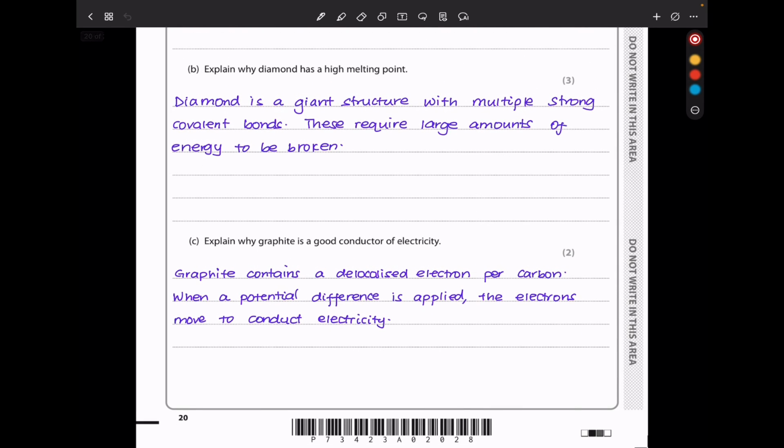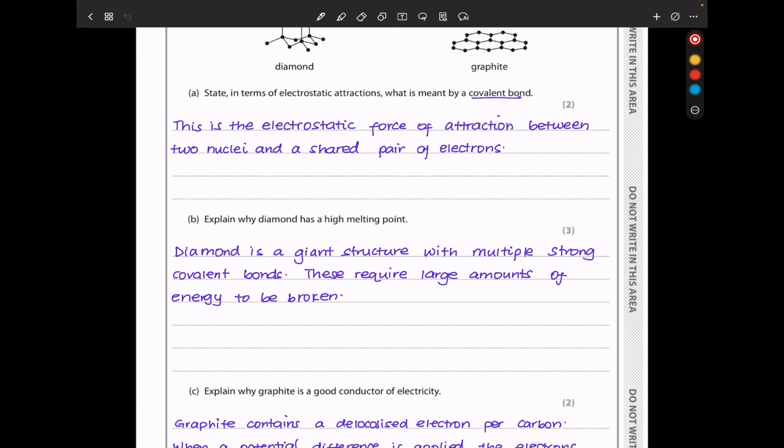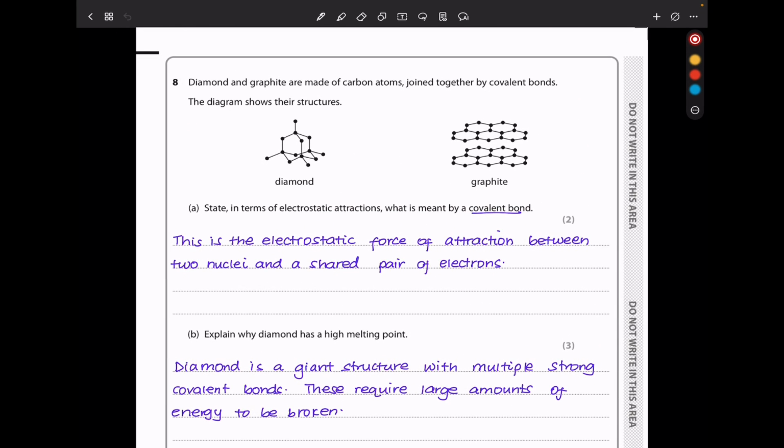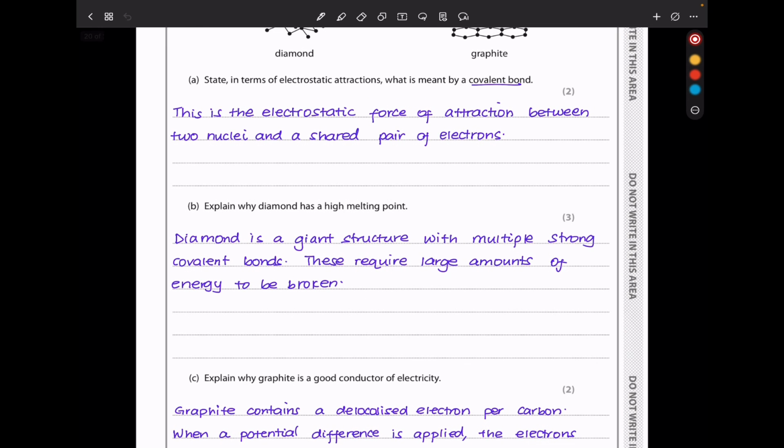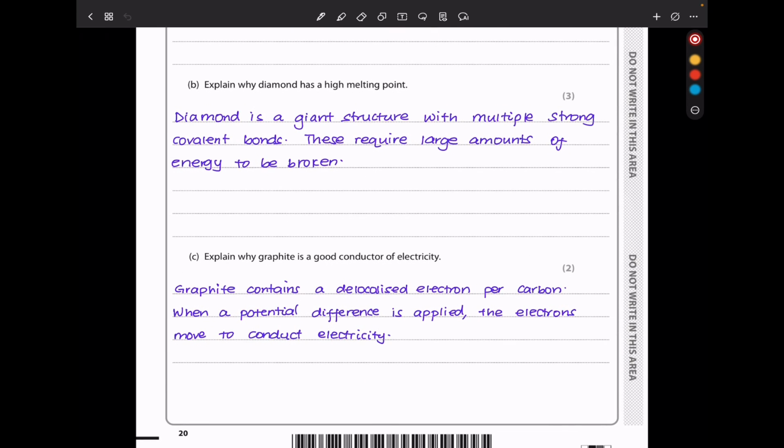And in part C, explain why graphite is a good conductor of electricity. If I look at graphite, each carbon atom is bonded to 3 other carbons. If I look at this carbon, we can see there is 1, 2, 3. It's bonded to only 3 other carbon atoms, leaving 1 delocalized electron per carbon. And so when a potential difference is applied, electrons are going to flow through the structure because of the delocalized electrons. So I said graphite contains a delocalized electron per carbon, and when a potential difference is applied, the electrons